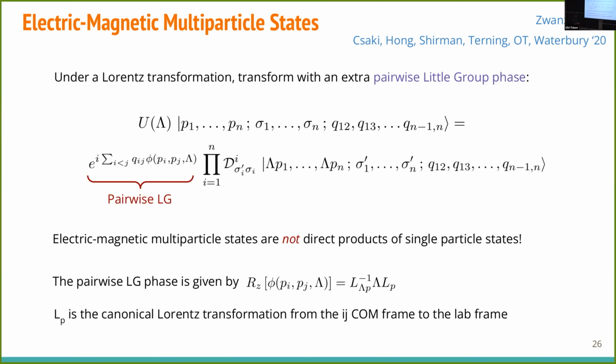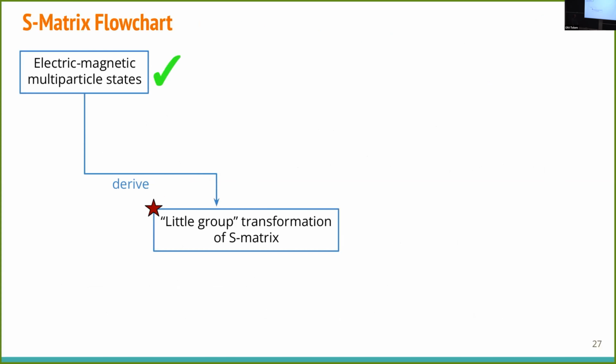The pairwise little group phase is similar to how you do the Wigner method of induced representations. We won't get into the details, but please ask me if you're interested. So your S matrix will not be defined on the tensor product of one particle space, only on a subspace. It will be defined on these. So take this within, dotted with this without, that's the S matrix, and that's probably the next slide.